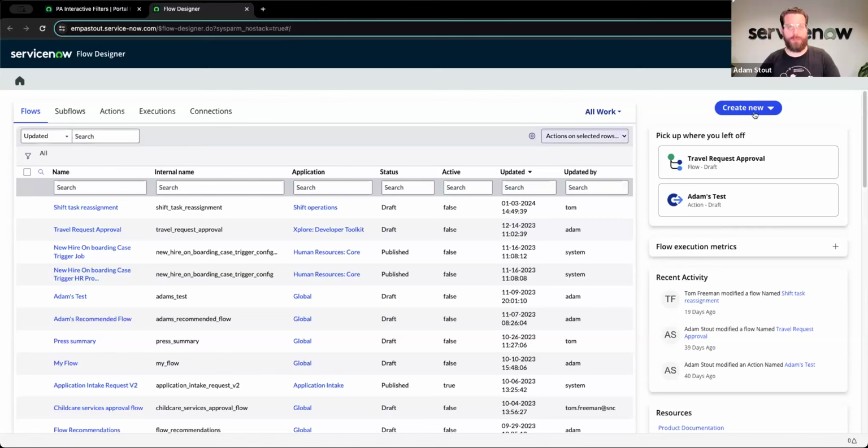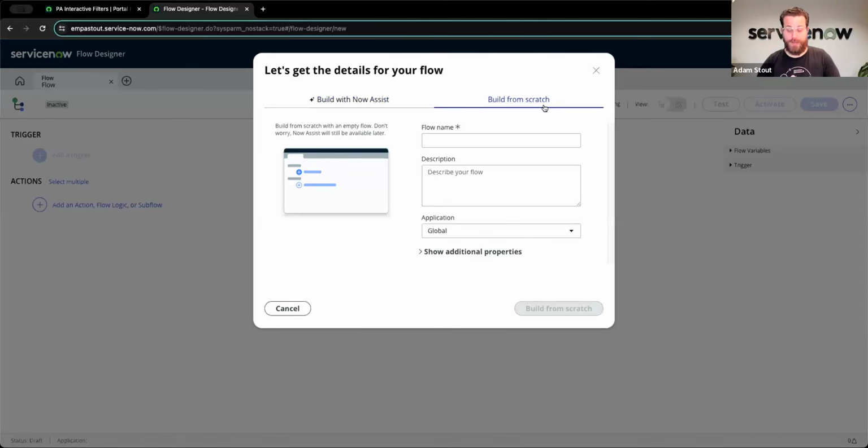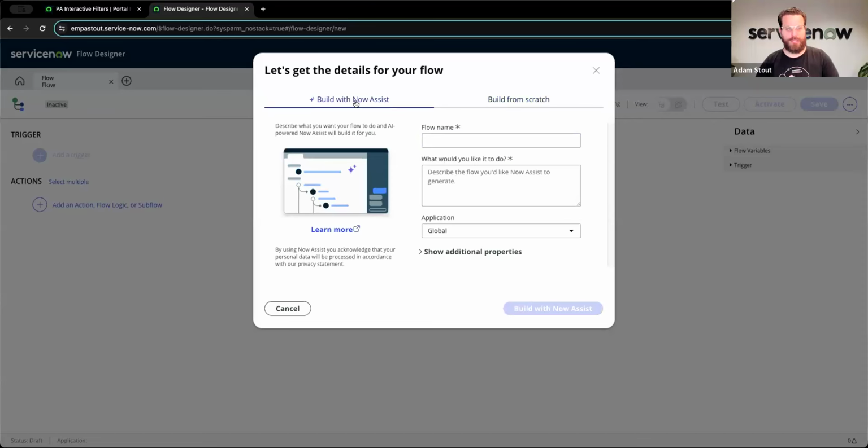All right, we're going to go to flows. I'm going to create a new flow. If I didn't have the right role, we'd see just the build from scratch option, which is a flow name and a description. Since I have it, the default is build with Now Assist, and we're going to give it a flow name, which is